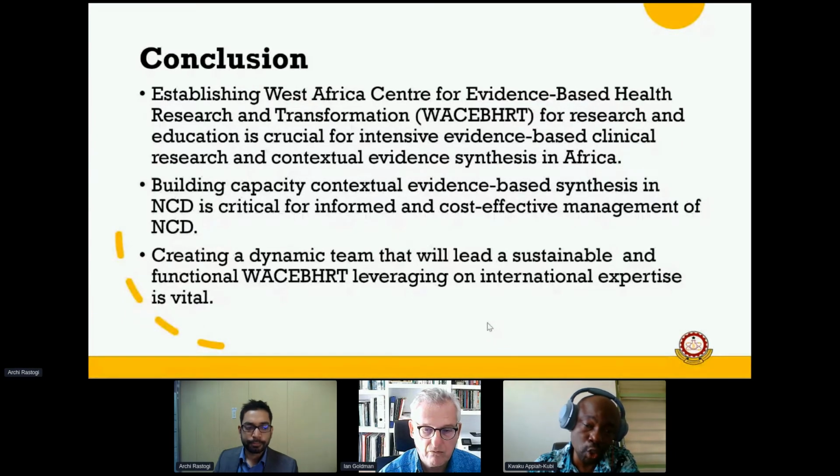The evidence is showing that we have a lot of medicinal plants in Africa that will do a lot of work, not only for Africa, but the global community. With evidence synthesis, we could research and come up with some of the evidence that is needed, not only for Africa, but for the entire globe. To do this, there is a need for us to build capacity. And I can state that as we speak,